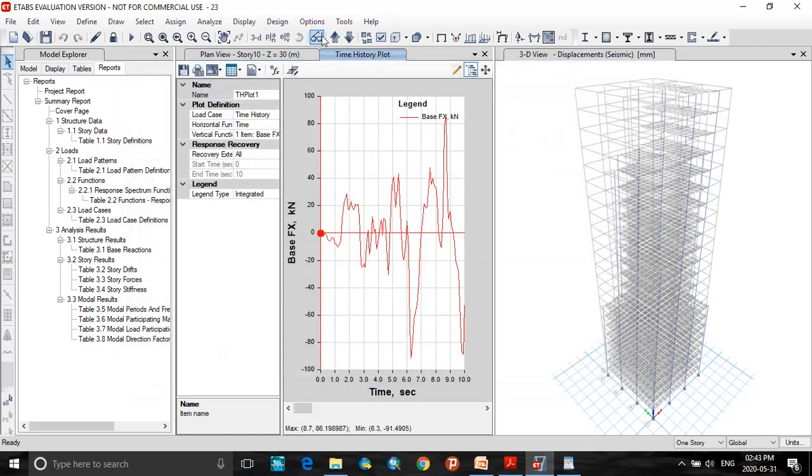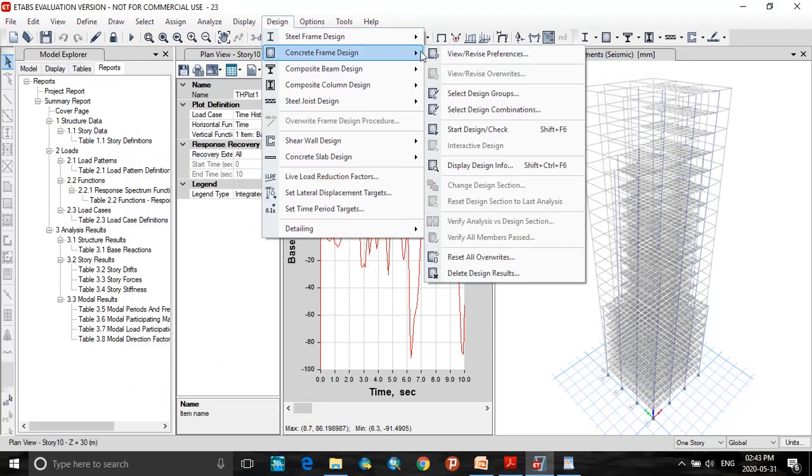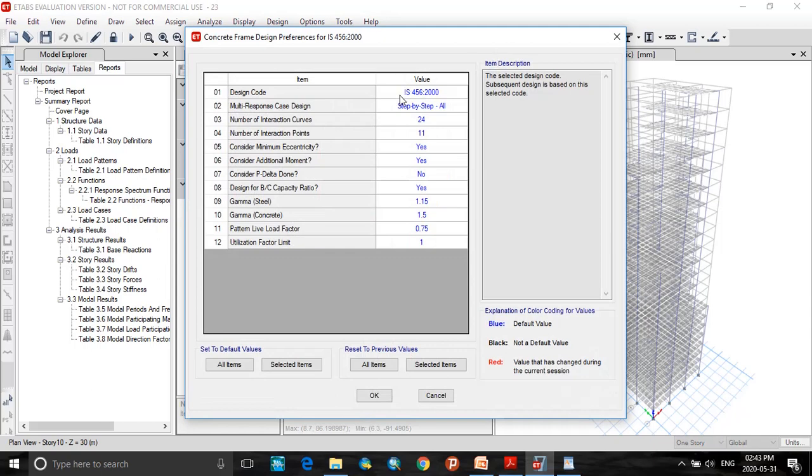Now my next step is to go with the design. So click on design, select concrete frame design, view revised references, make sure that IS 456 is selected, click on OK.